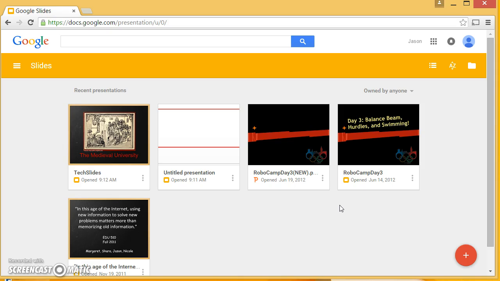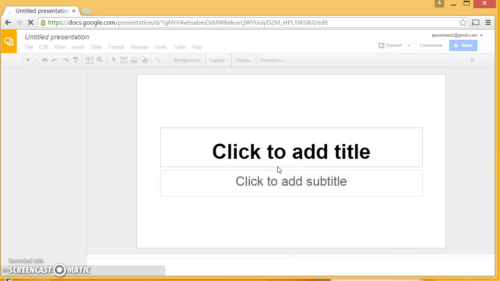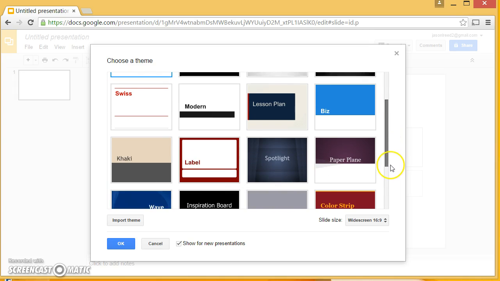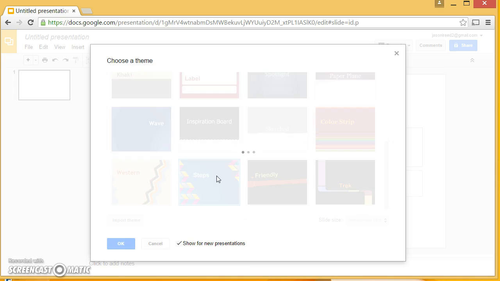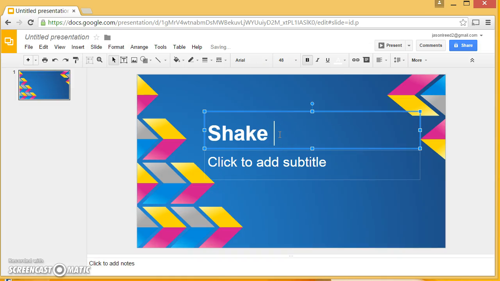You want to start a new one. Now again, only one of you needs to start the new one, and then you will share it with everybody else. So if you're the person that gets put in charge of creating the PowerPoint, once you're here in Slides, you want to hit this plus button down here in the bottom right, create a new presentation, and then it looks a lot like creating a PowerPoint presentation in normal PowerPoint. It will ask you to pick a slide design, so don't pick this one because it's really ugly, but pick yourself a slide design, and you can give it a title,